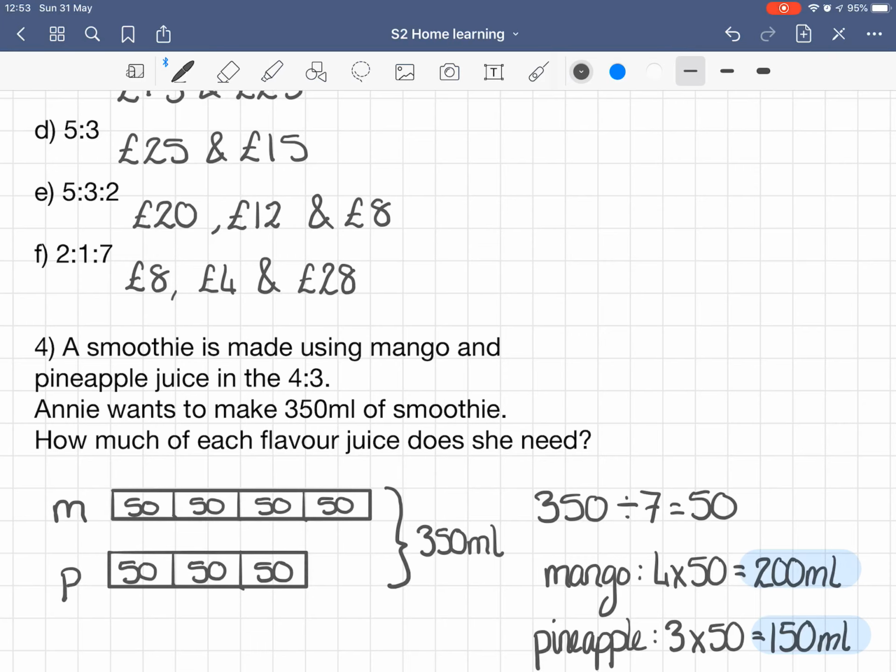Now have a go of the worksheet, sharing in a